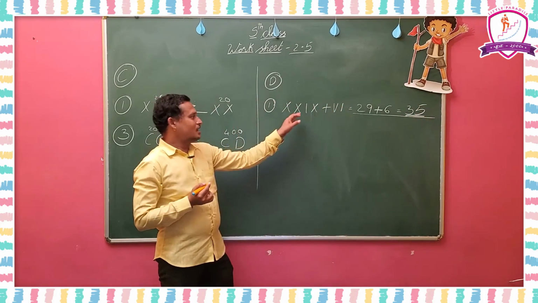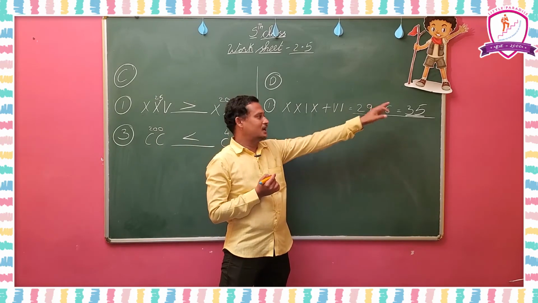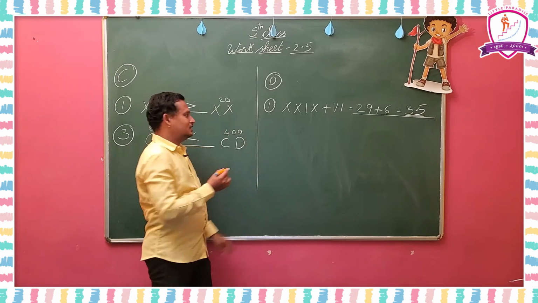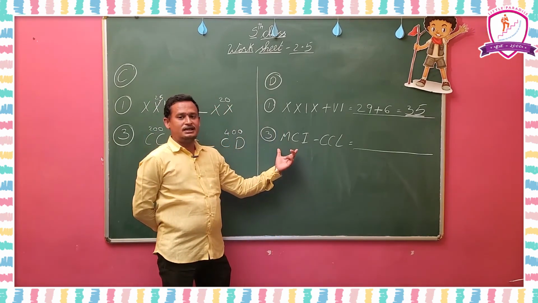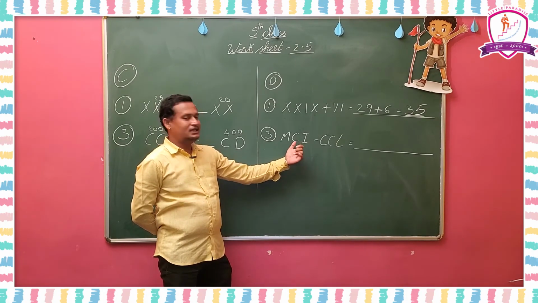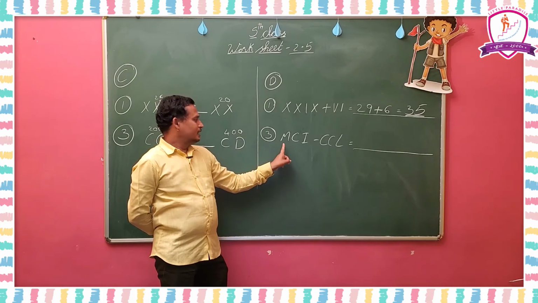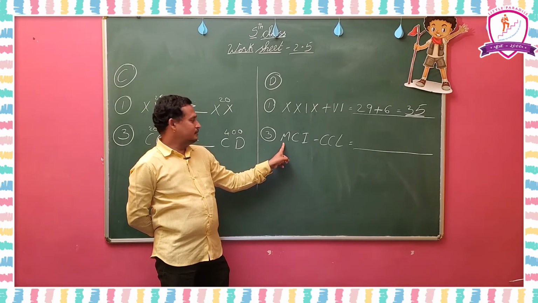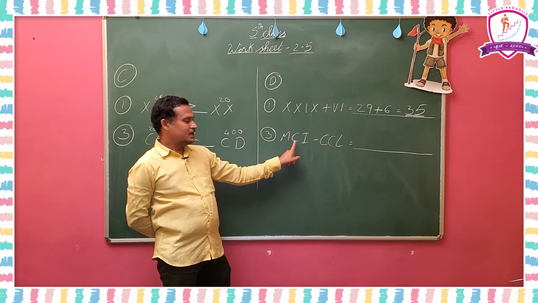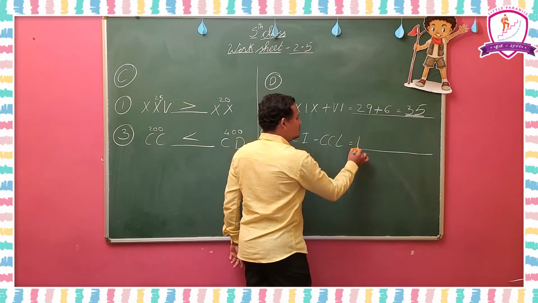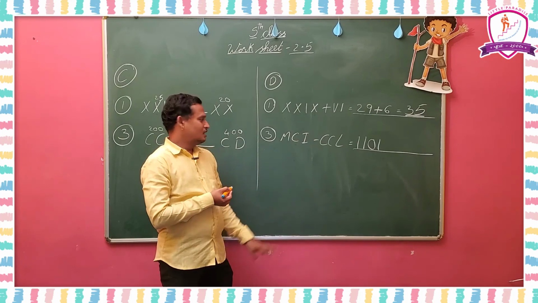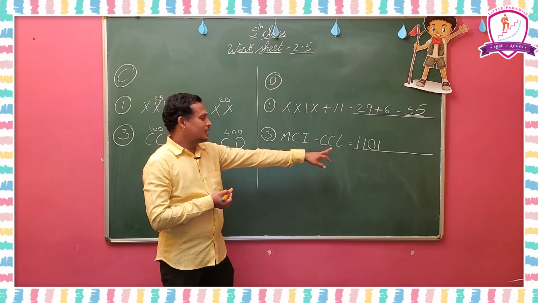Understood? Like this you have to convert these numbers into Hindu Arabic, then we have to add and find the final answer. Okay. So now I am going to explain the third one here. So here the first one is MCI. So M, then C, and I is smaller than C. So what do we have to do here? M means 1000, C means 100, I means 1. 1101. The tens place is not given, you have to put 0 in the tens place. 1101 means like that you have to write.